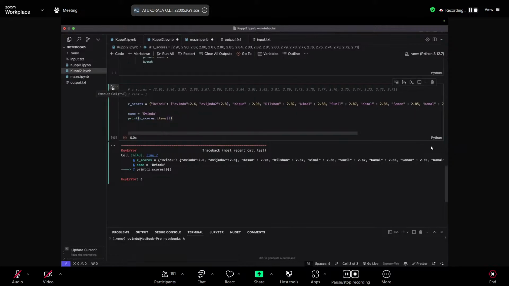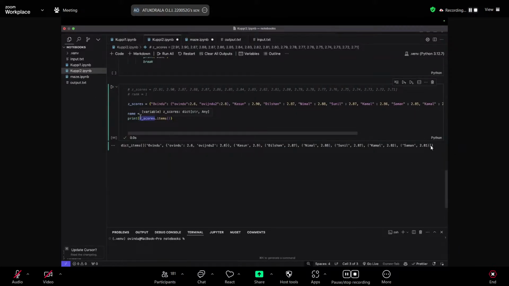I don't think you can do it like that, because see here, instead of an index, what you would have is the key. And one thing that you should know is a dictionary is not really continuous. So let's think you add Ovindu here and then add Kasun, we can't be sure if Kasun will be after Ovindu or before.